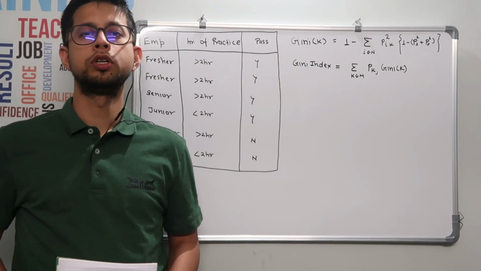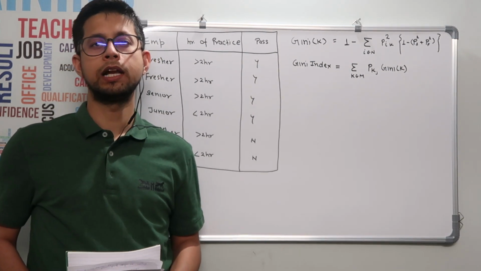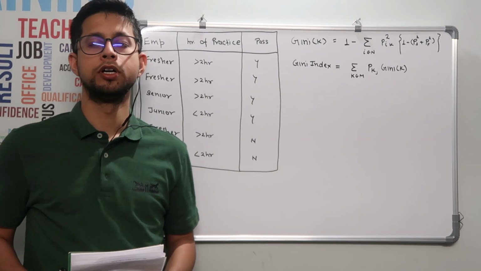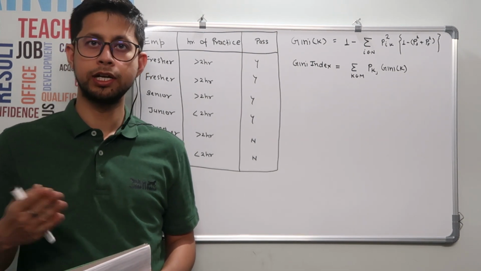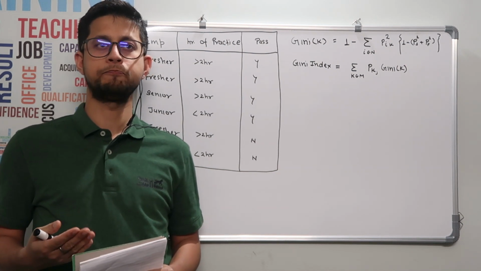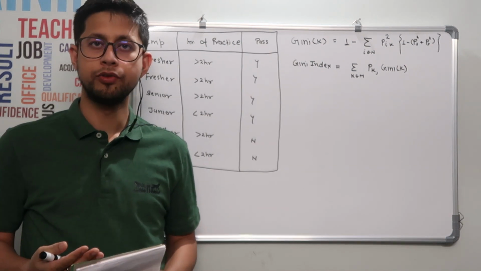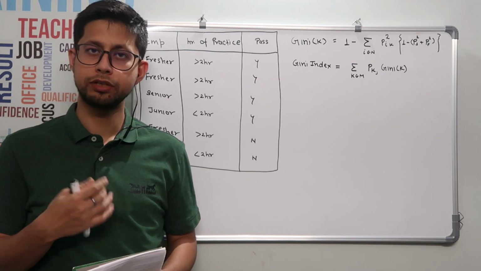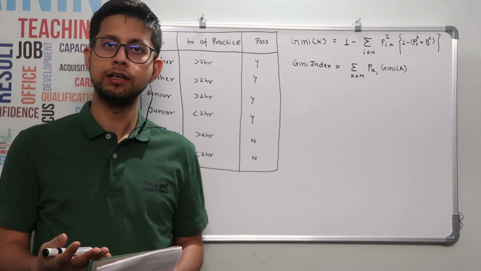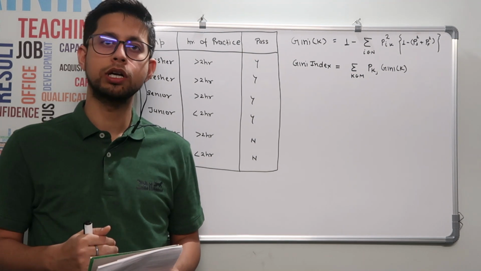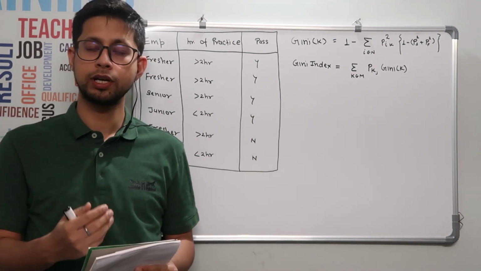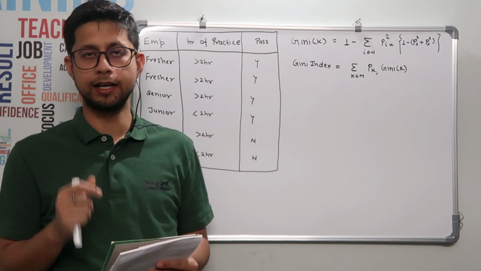Hello guys. So today we'll be talking about a decision tree with the help of a Gini index and Gini. In the last video I talked about decision tree building and splitting of a node with the help of entropy and information gain, where we see whichever node has more information gain. That was the deciding criteria for splitting. But today we'll talk about Gini index. So what is Gini and what is Gini index?